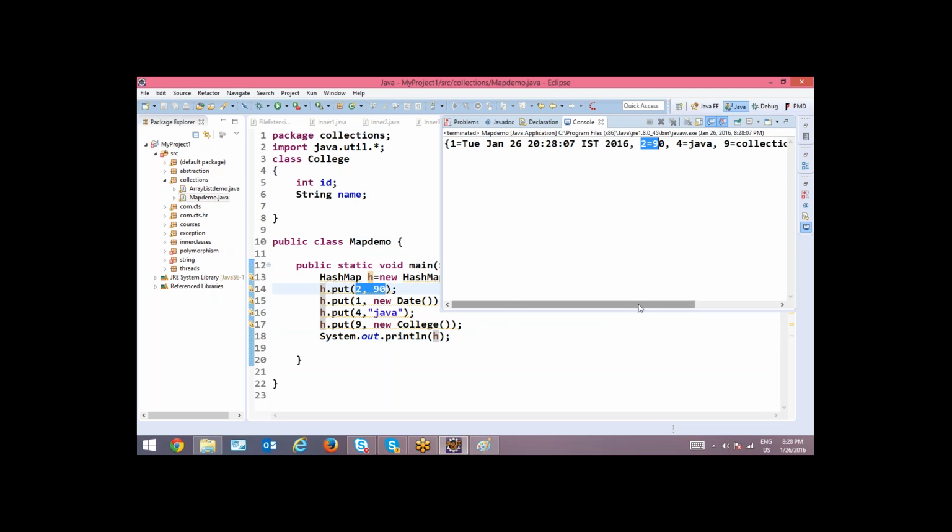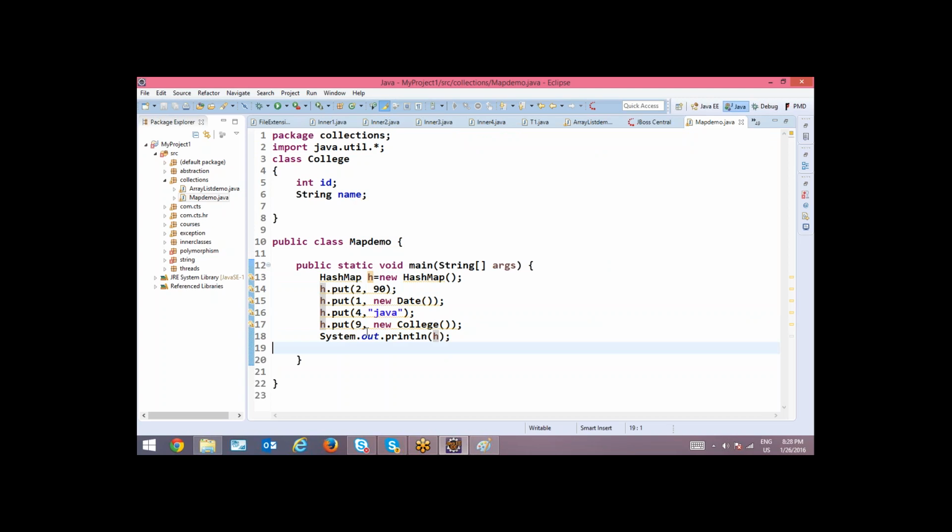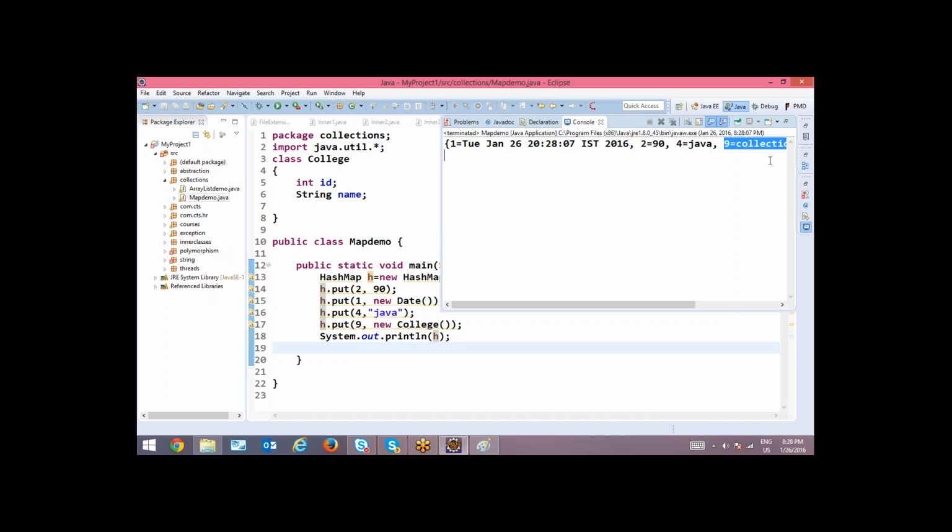Third is 4 Java. Fourth is this. Then the collection object. The order in which you enter, it will not be stored. Here also, just like yesterday's session, we have done contains, clear, all those methods are possible. When you print here, it is storing key value pairs.